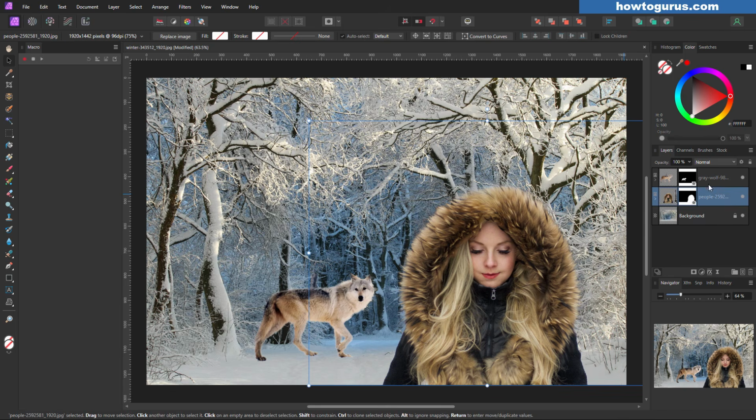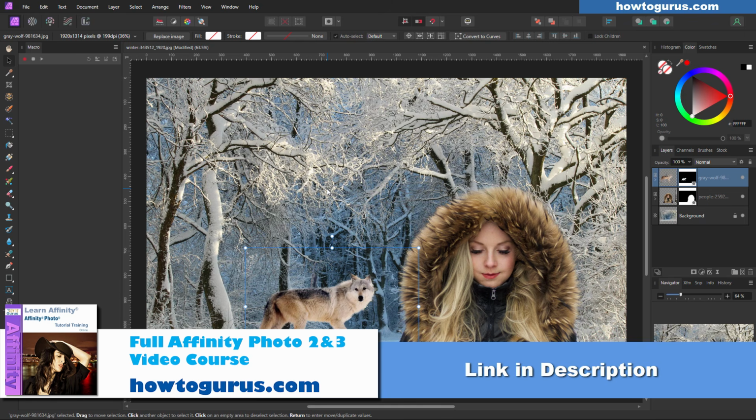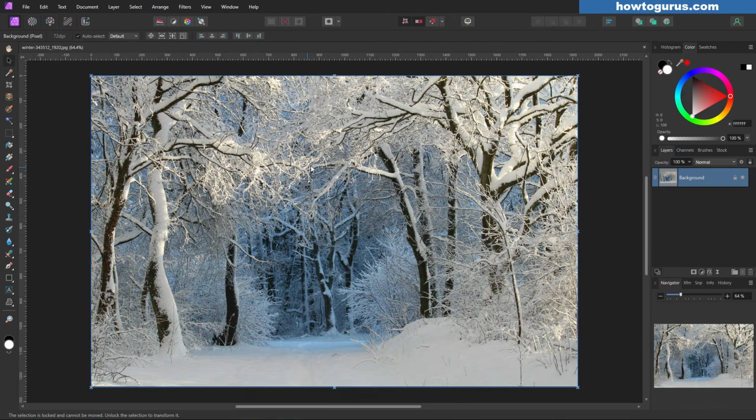In this Affinity Photo Add Image to Layer video, I'll be showing you how to bring in images like this and add them onto your project as new layers. It's actually very easy to do, and there are a couple of different ways you can do this, plus a couple of tricks that you may not have seen before. All right, let's use the first method, and this is the easiest, and that's just to drag and drop between